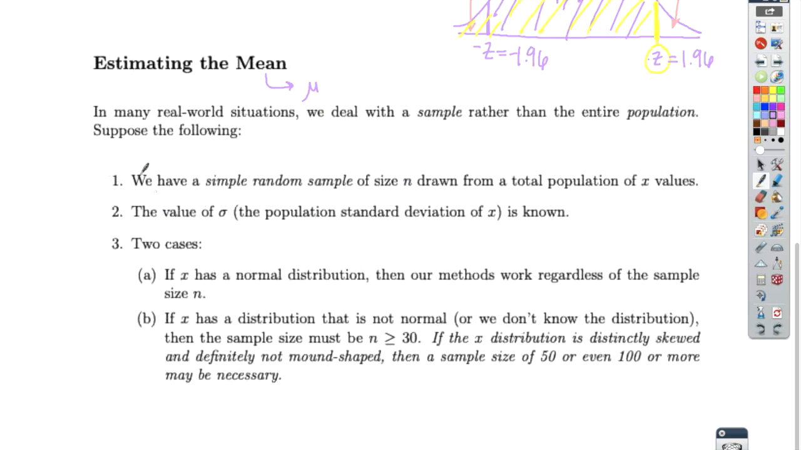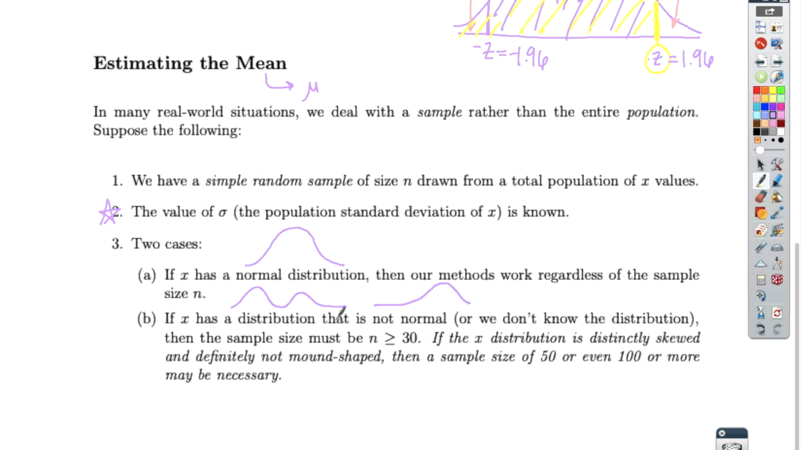Also, suppose that the value of our population standard deviation is known. Now, in section 8.2, we're going to revisit this and say maybe that's not so realistic, but we'll start out with a friendly example here. Suppose that we know the population standard deviation. There are two possibilities here. If our original data set already has a normal distribution, then who cares about the sample size? Everything that we're going to do works. If X has any other distribution, maybe bimodal, or maybe a whole lot of skew, or something weird,